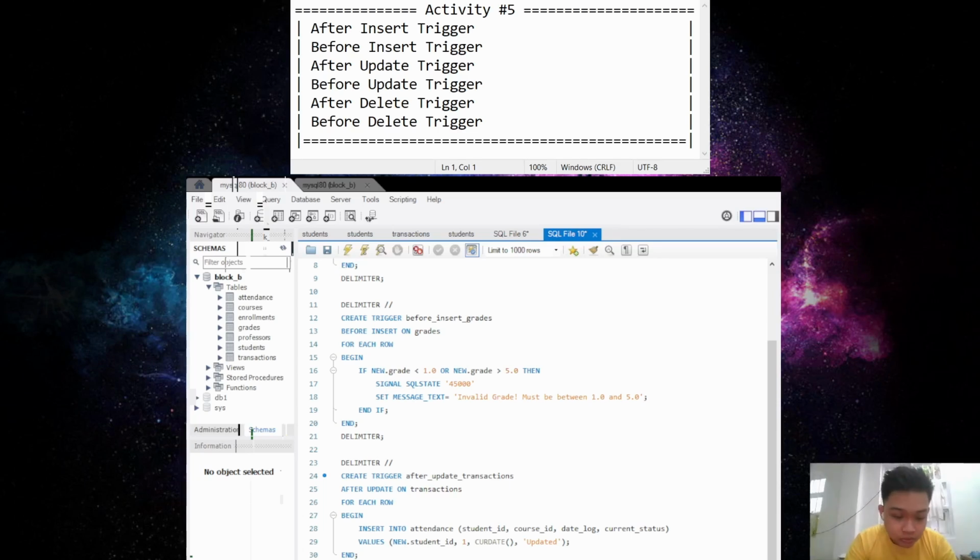So the delimiter, create trigger before update professors. Before update on professors for each row. Begin